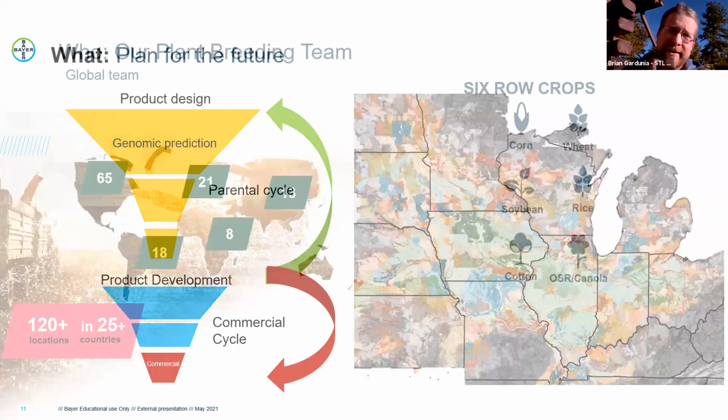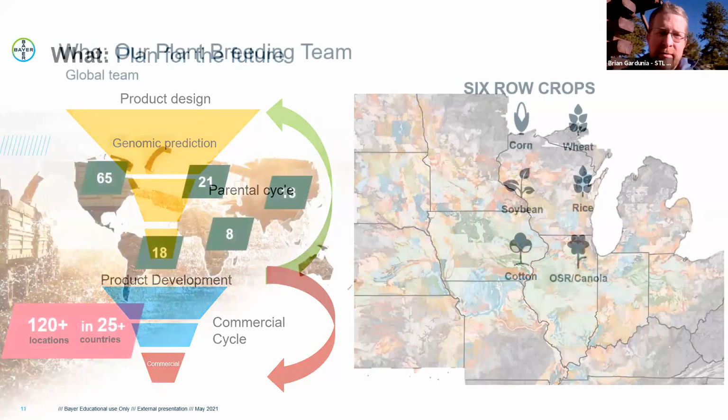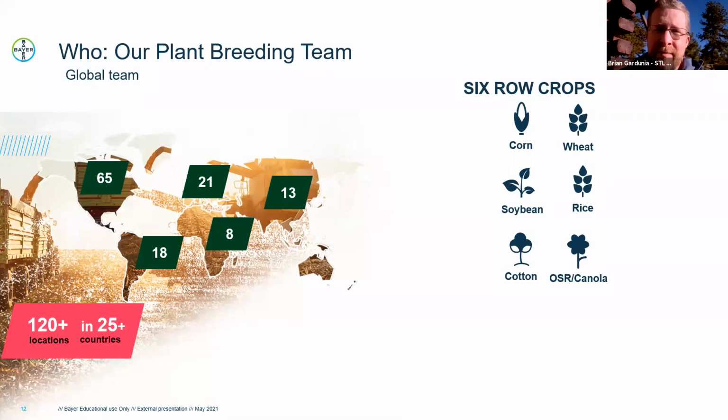So who's making these decisions? Our breeding program, this slide may be a little bit old actually, is spread out around the globe. The row crops, we have 6 main crops that we work with. We also have a sorghum program, but it's a joint venture, so I'm going to leave that out of this discussion. But for these 6 crops, we have sites all around the globe. Breeders are spread out